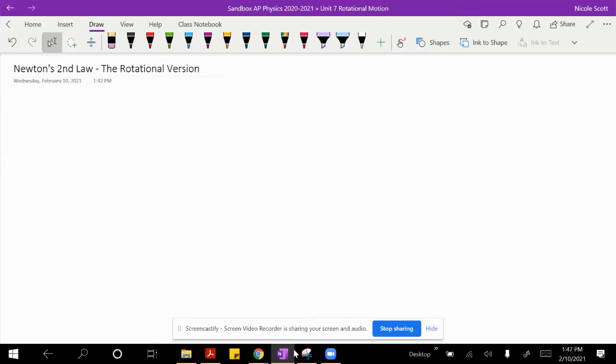All right, Newton's second law. Let's start with the old version, the version that we've done forever. And that version has been, we've been living in the linear world. And so if I have, let's say, a 5 kilogram cart that is on frictionless ice,